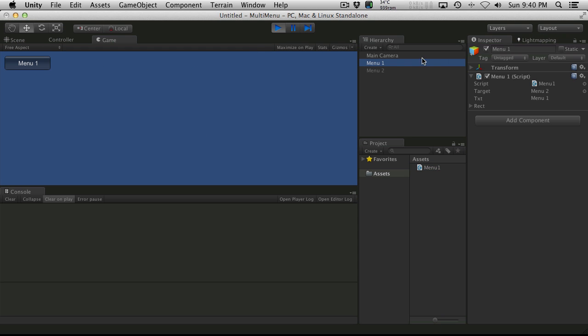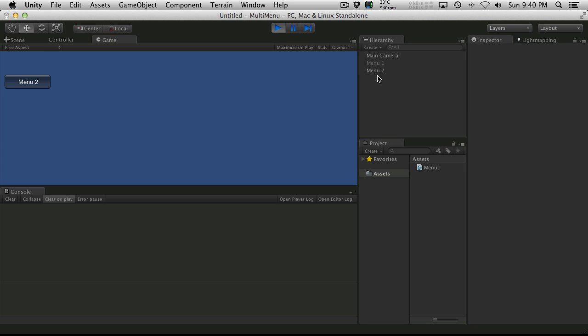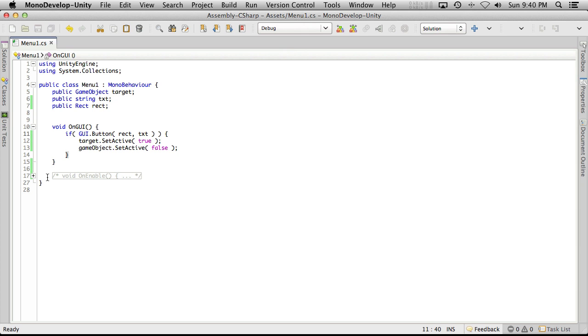We'll come over here and take a look. Nothing's changed since I've started. The Menu 1 game object is still active and Menu 2 is not. But we'll click off there, we'll click the button, and we notice Menu 2 became active and Menu 1 is now inactive. And I didn't do a whole lot of GUI stuff. I just moved the buttons. That's it. But the way I was talking about it on the live show, I was talking about using the